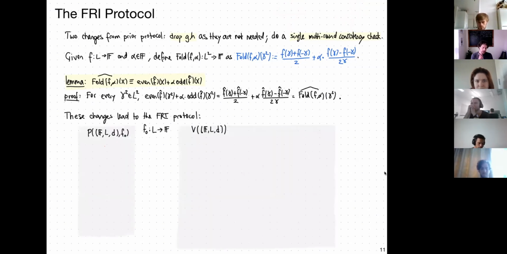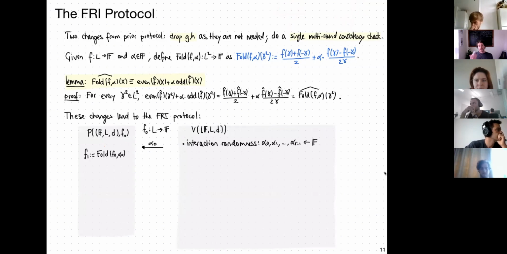And the protocol goes as follows. We have a prover, and we have a verifier, and we have the function f. So what will we do? The verifier will choose some randomness, flipping some coins, and send the first random element alpha 0, which will correspond to the first folding. In turn, the prover will say, okay, send me alpha 0. I will take the function f, I will think in my head about this g and h, and then I will bundle them together, g plus alpha 0 times h,